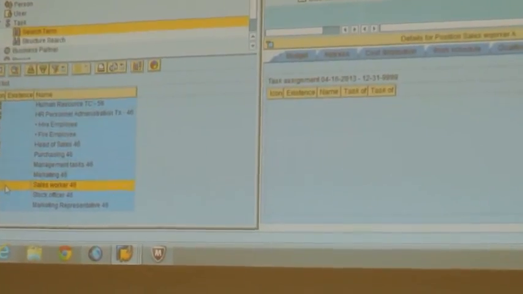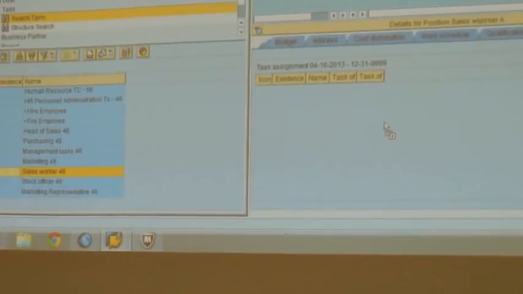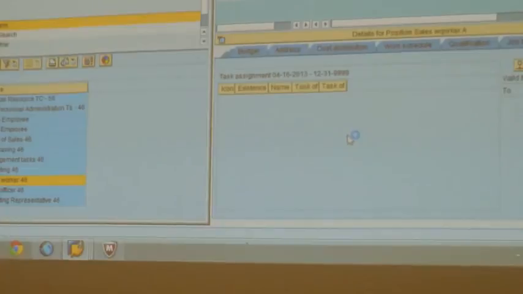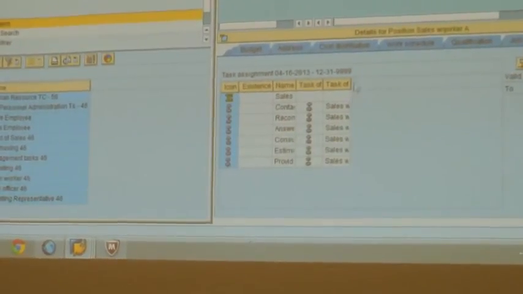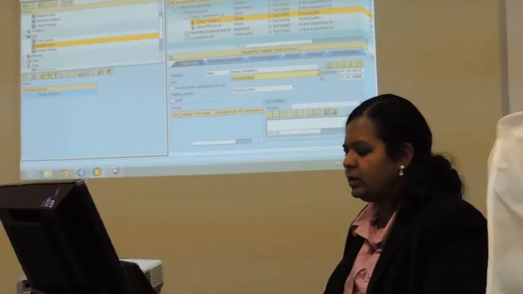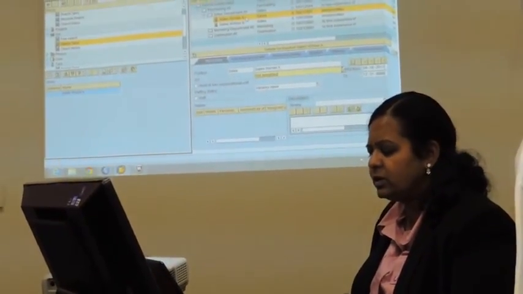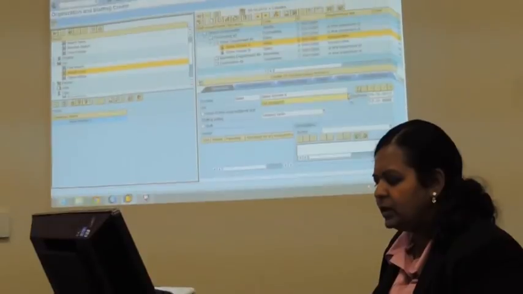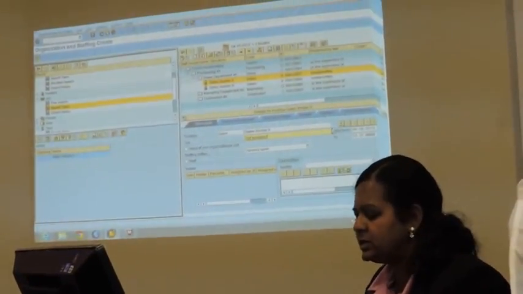I am going to assign the task for the sales worker by clicking and dragging it into the area. I'm going to save this position. So we created this position called sales worker A, and now I'm going to put in some basic data.